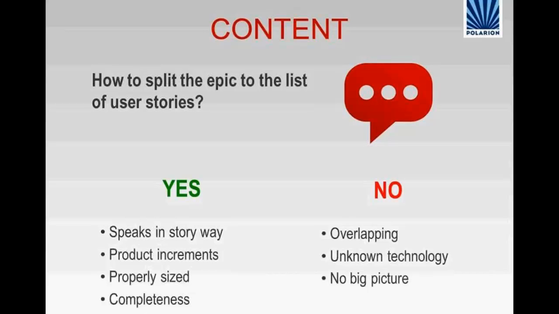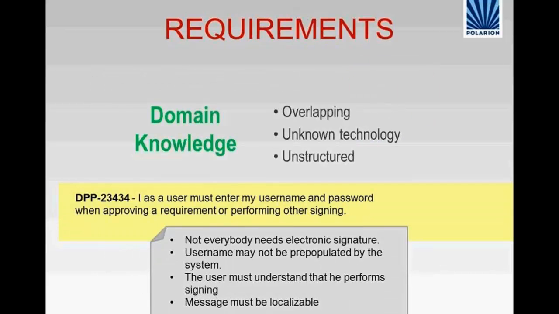So there are lots of requirements for how the user stories should be designed. And now the question is how we really ensure it. So how can we rely on the product owner that we have the stories really prepared like that? One of the actual solutions is that you need to be sure there is enough domain knowledge, whatever your products are about, available to all the people. Compared to user stories, the domain knowledge is typically very unstructured. It's heavily overlapping. I mean, if you speak about requirements,